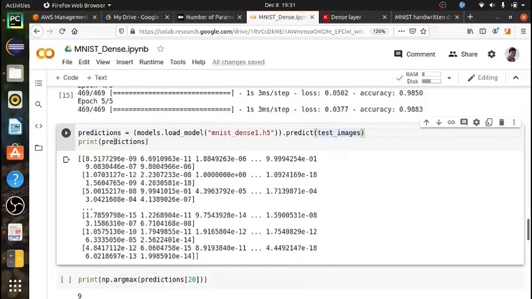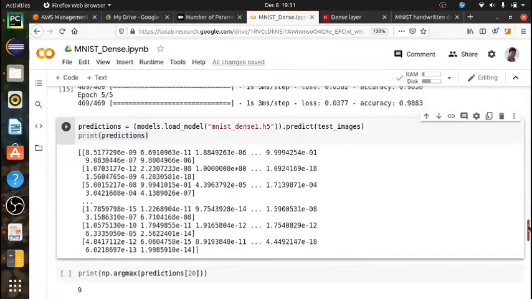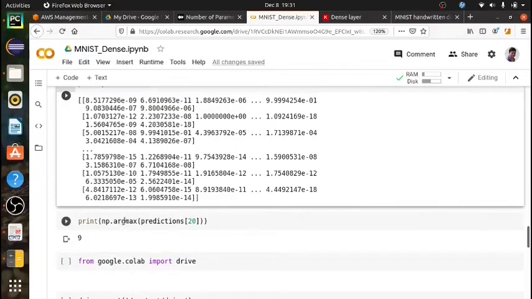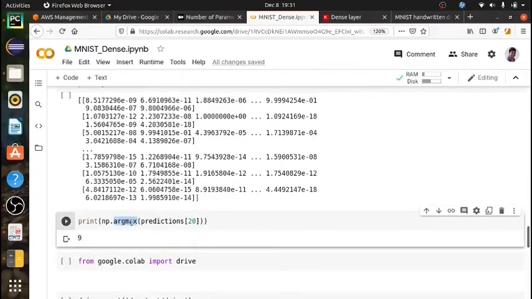Now if you see after printing the prediction, it is showing all these values, because these are basically probabilities. So in order to see which prediction has the highest probability, we will use the argmax function, right?